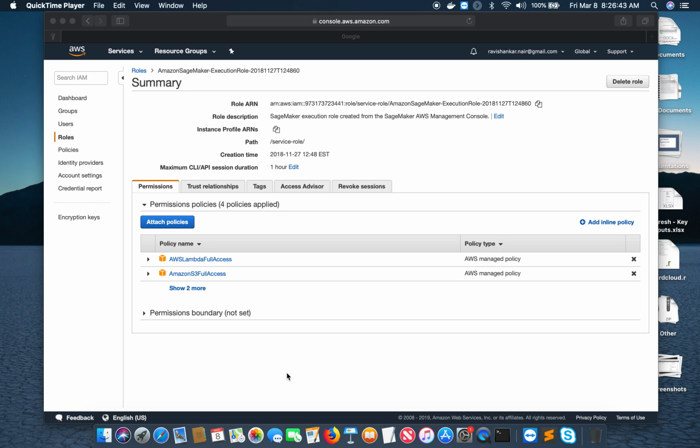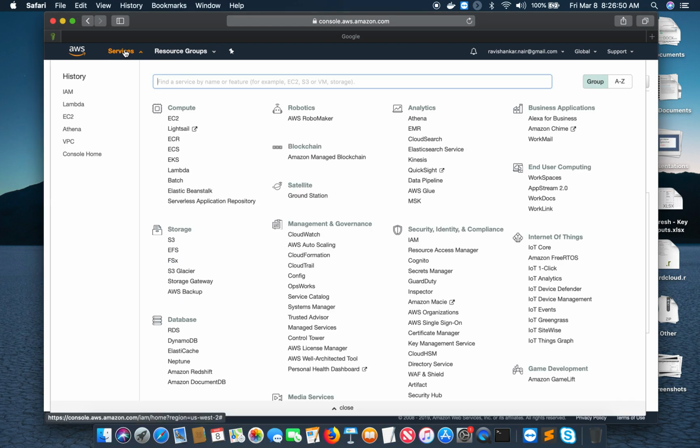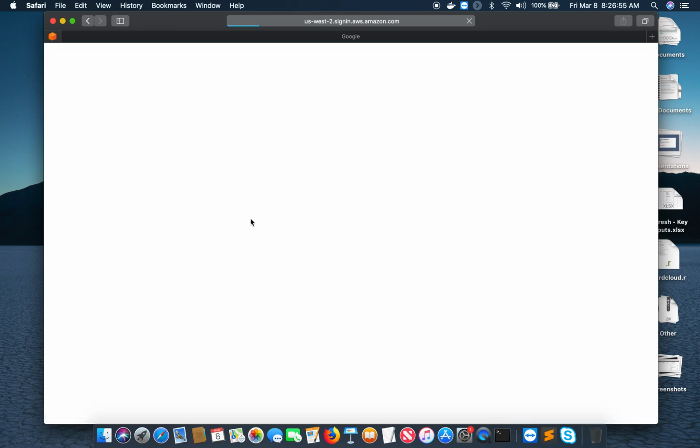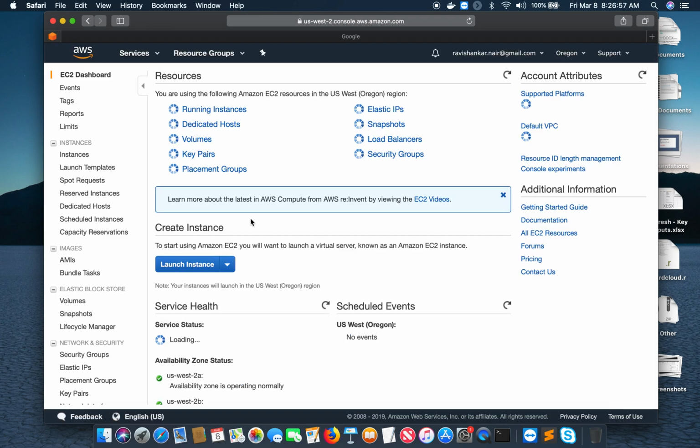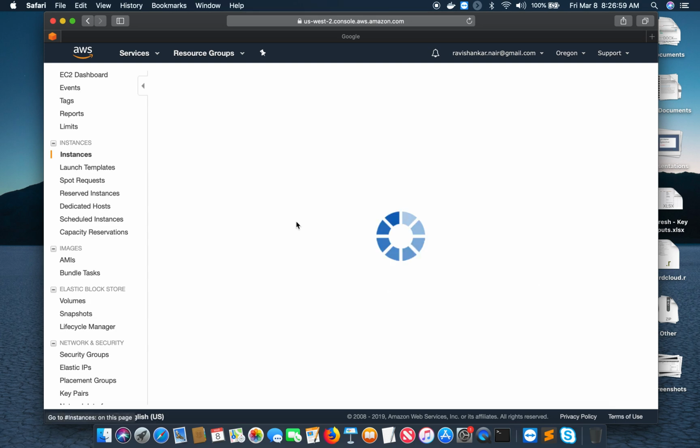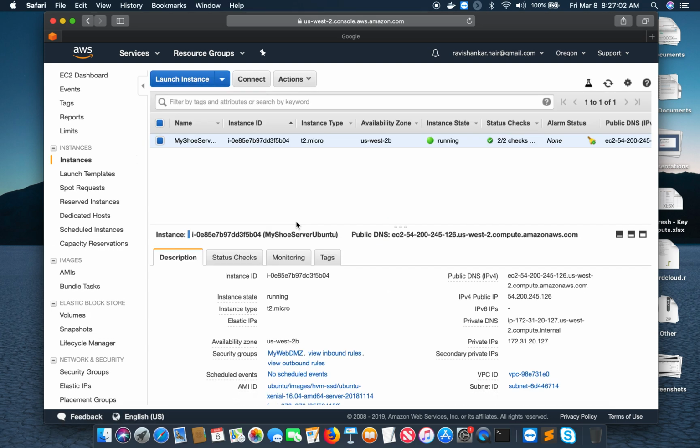Hey, good morning. This is the Amazon Web Services screen, and what we have done is we have created an instance for retailers and especially for my friend Chris for the Avon shoe repair. And as you can see here, the shoe server is running, and I'm going to take this particular IP. And if you purchase this particular software, you will have your shop name as per the available